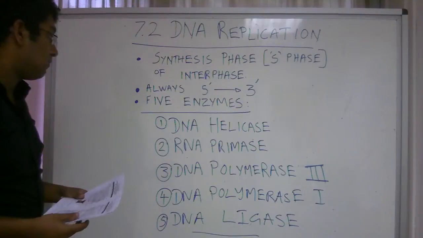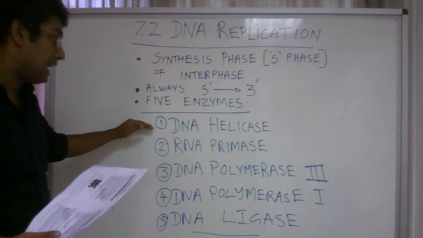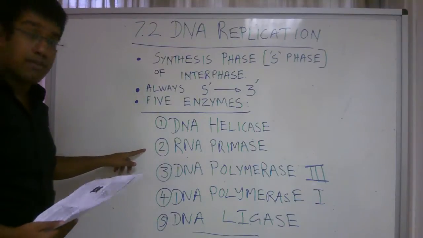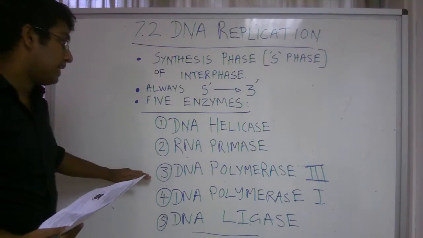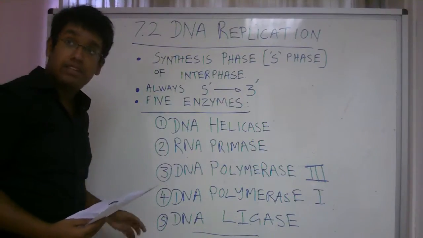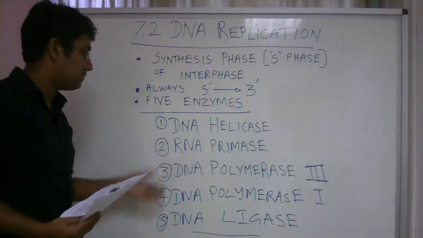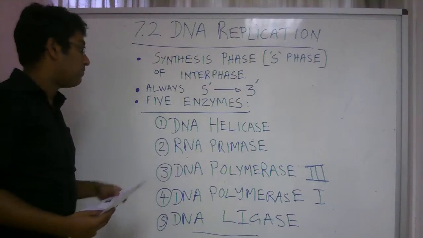The 5 enzymes that you need to explain to the student are DNA helicase, RNA primase, DNA polymerase 3, DNA polymerase 1, and DNA ligase. So all the students will be required to know the names of these 5 enzymes and be able to discuss